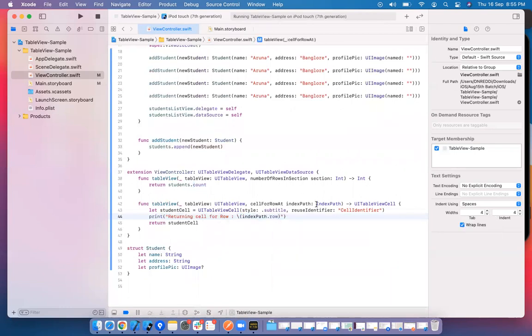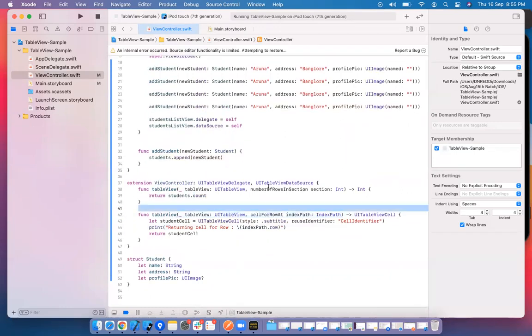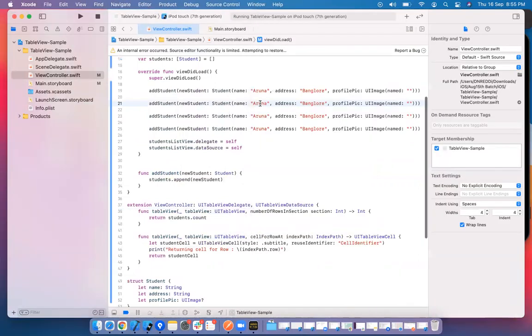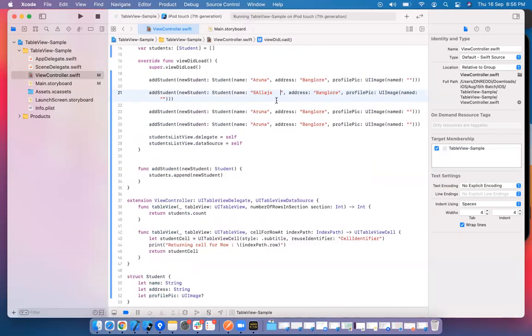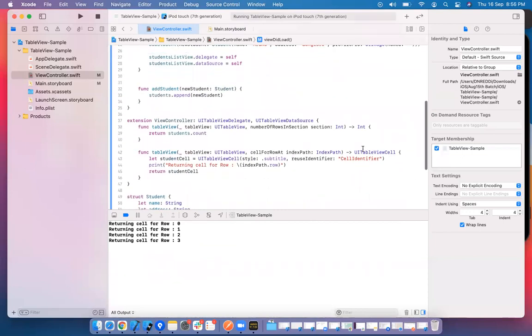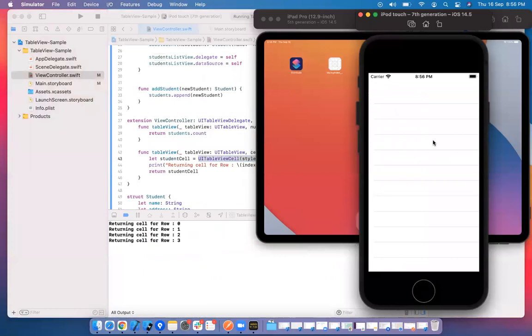Where is that indexPath? The input argument. I am making use of input arguments. Run it. There are 4 students. See, this method got called 4 times. We are getting an empty cell, a fresh cell, no data is being displayed here.